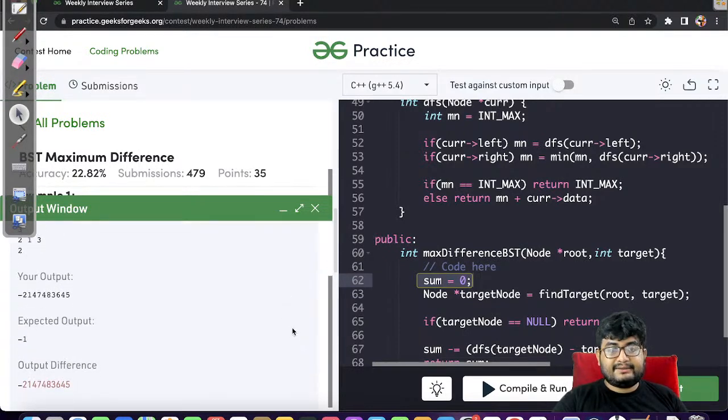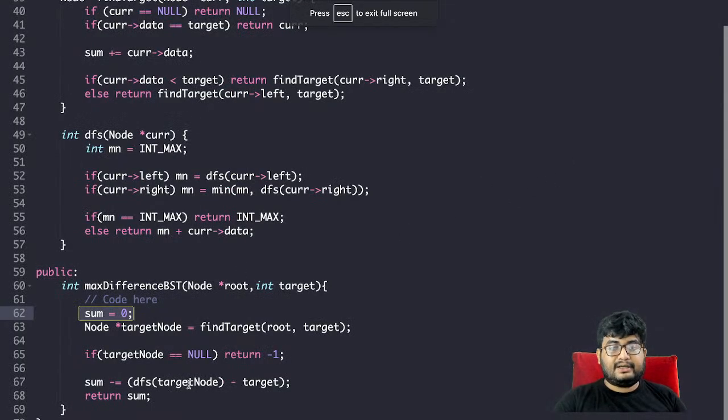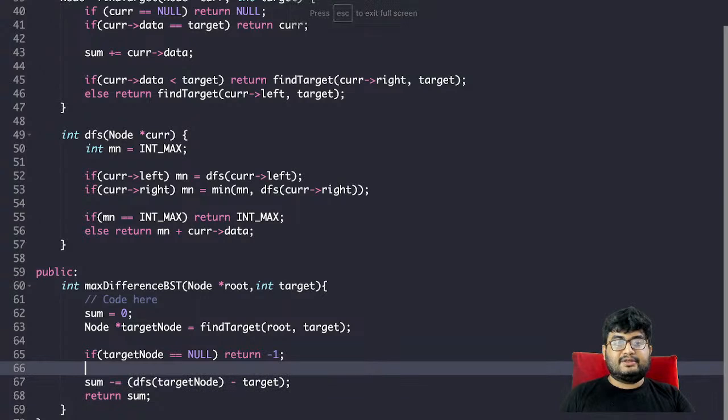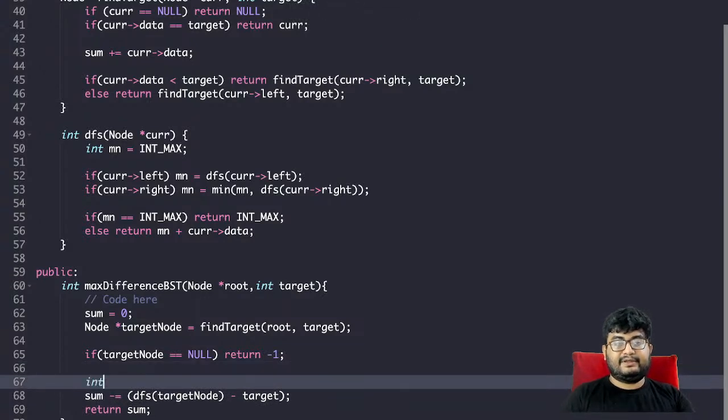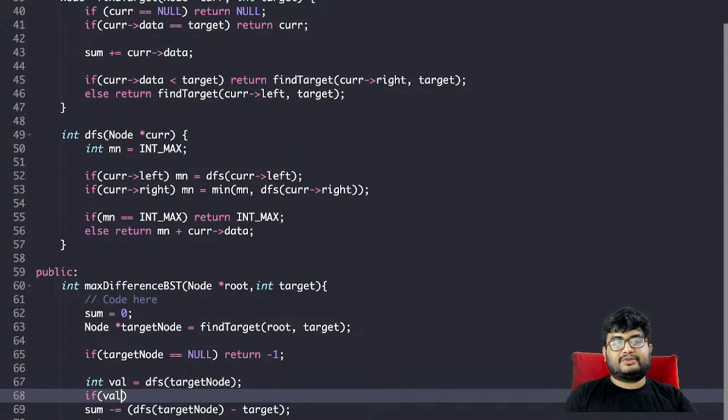Okay, we are getting... expected output is -1. Oh yeah, so if int val equals to dfs target node, if val equals to int max, but this should have already returned -1, right? Target node, find target, and that sum equals to 0. Target node is also there. Val equals to int max. In that case, will